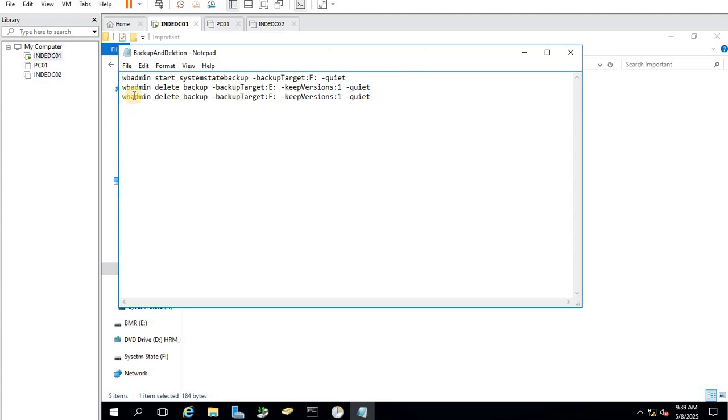Okay, so this is my script which will take the backup, system state backup, in the F drive, and these are the two other commands which will delete old backups and will only keep the latest one. Okay, so if you want to keep the latest 2, 3, 4, whatever you want, you can just change the number.